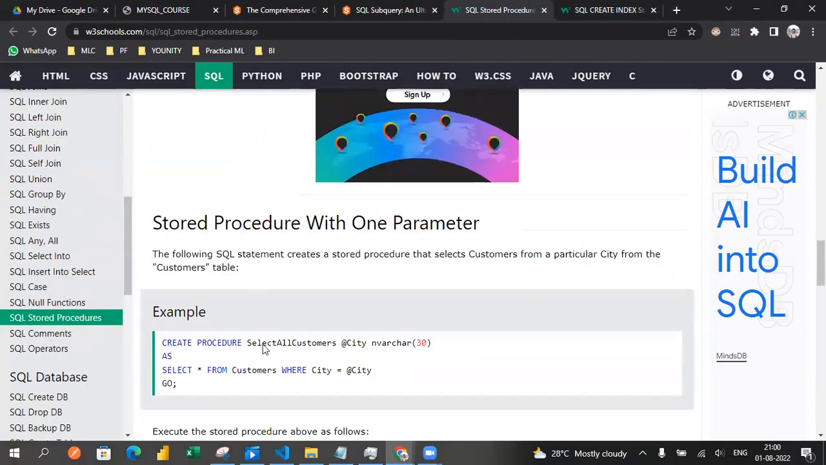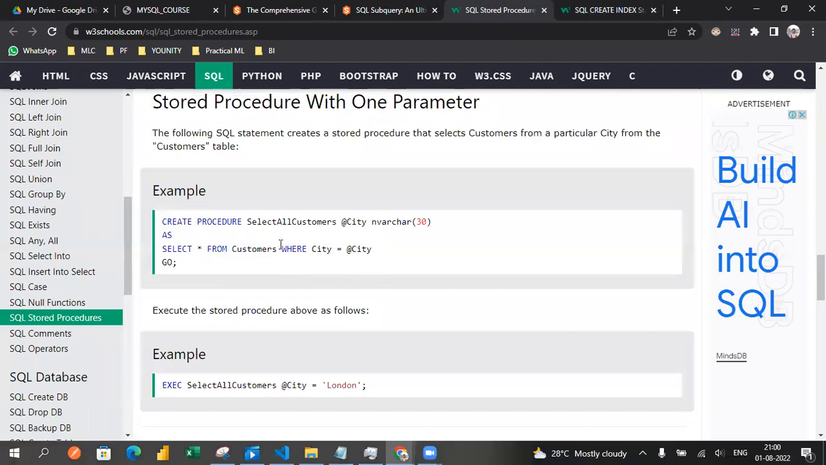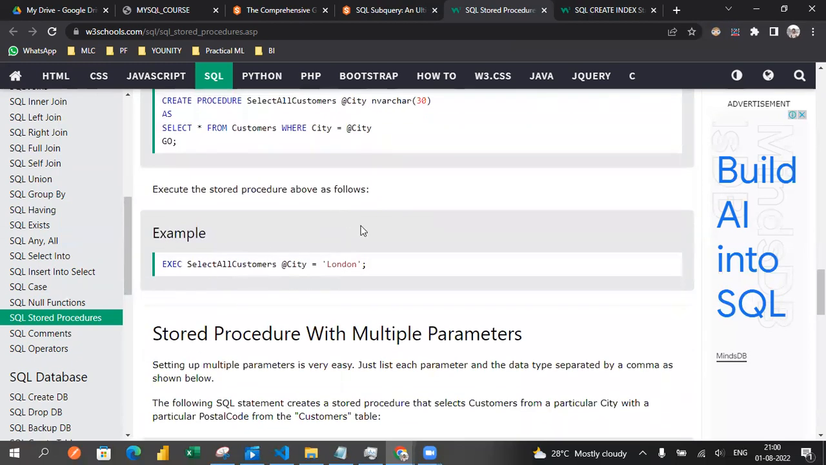So with one parameter, let's take a parameter called city. Creating the procedure SelectAllCustomers @City nvarchar, obviously declared with a type. I'm just defining the city. AS SELECT * FROM Customers WHERE City = @City. If I pass this, I can execute it for a particular city from the Customers table. So I will just type @City = London, or @City = Hyderabad. Like that I will get all